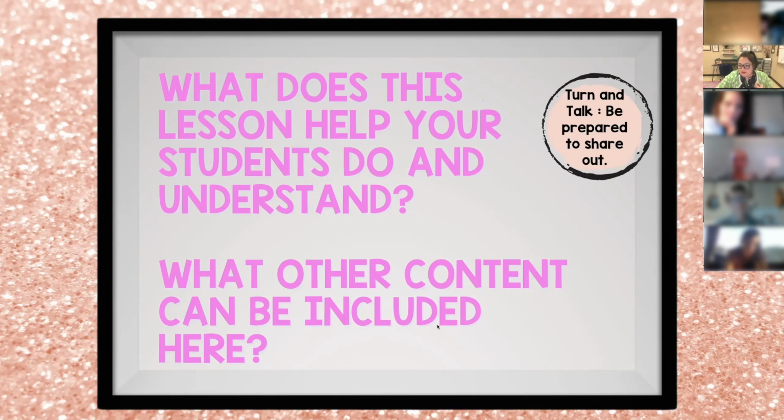Anybody else? I don't want anybody to miss out on sharing. Hey, Sydney. Can you give an example of tying SEL to the shapes? Because I definitely could tie in the pictures into the shapes, but maybe I'm a little confused. Yeah.